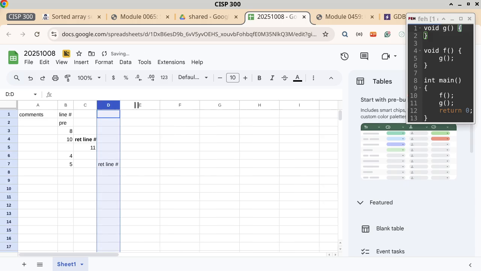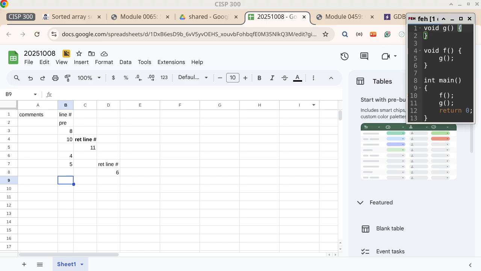Where is G supposed to return to when the invocation is on line 5? Yep, it's just line 6 here. There we go. And with that done, we can now continue execution where G is defined. G is defined on line 1, so we now continue execution on line 1. Line 1 doesn't do anything. Line 2, well, it doesn't do anything except it is the end of the definition of a subroutine, which means